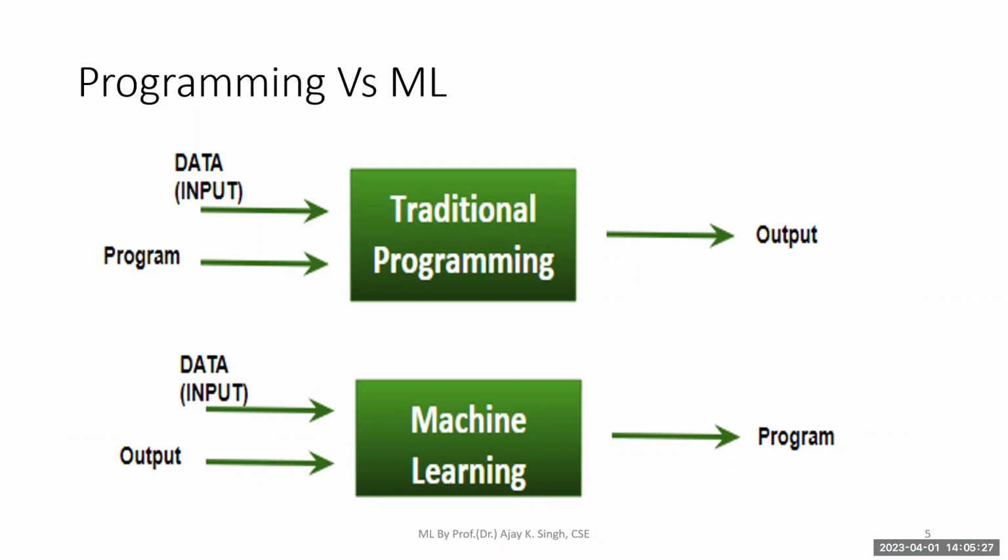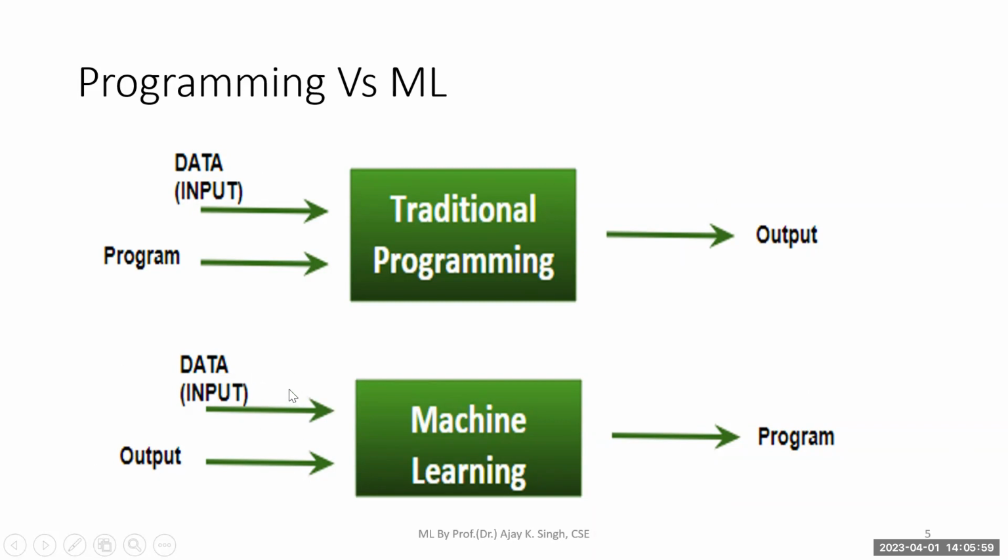So this is very important. In the traditional way of doing programming, some program is written, and based on that program, it is going to ask for the values of the variables, and based on the values of the variables, it is going to generate the output. Like suppose we are generating the factorial of any number. It asks for what number you want to generate the factorial of, and accordingly the computer is going to give the output. But in case of machine learning, data is given and at the same time the output is also given.